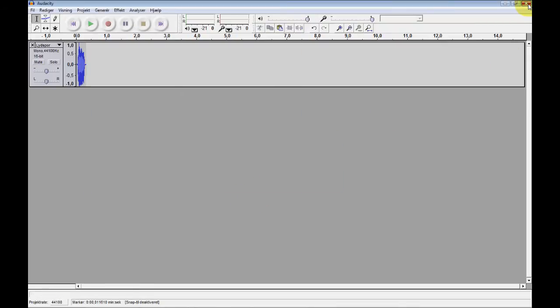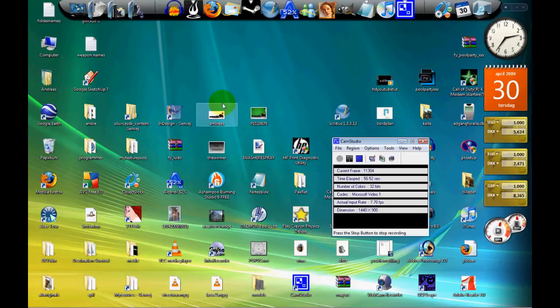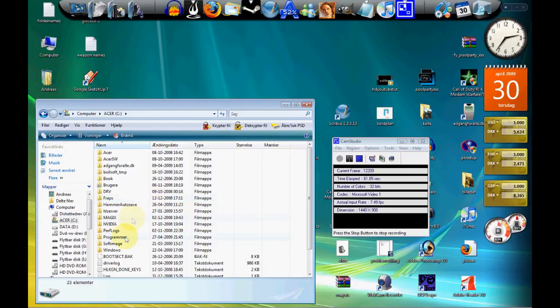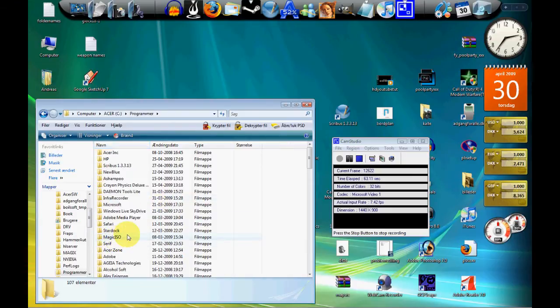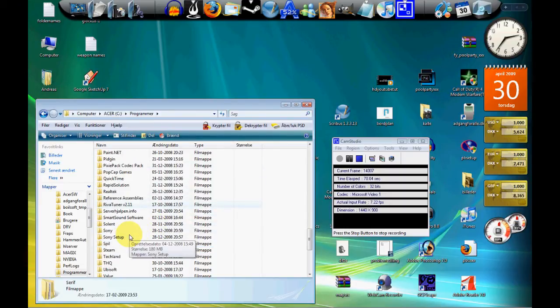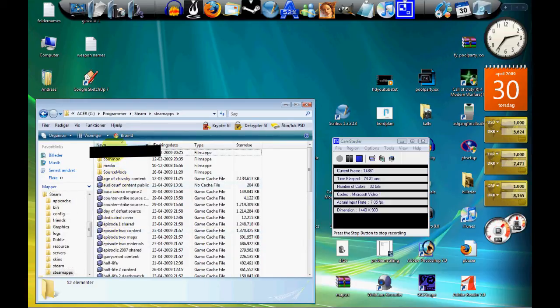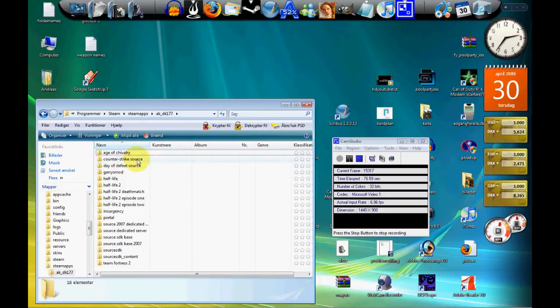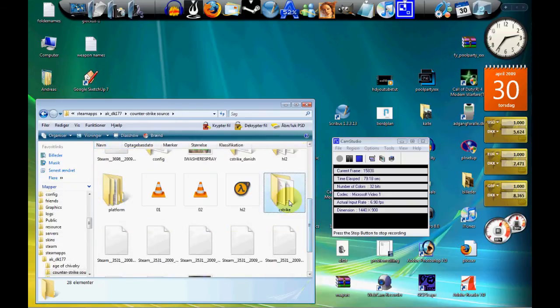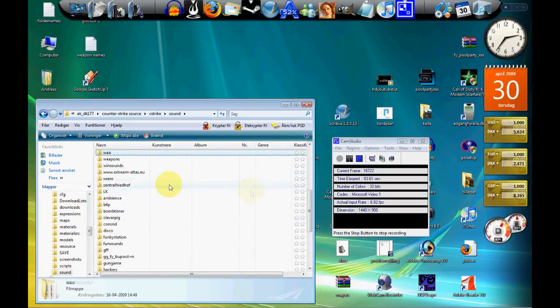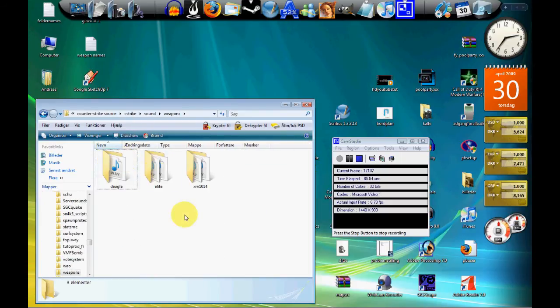Okay, then you quit Audacity and go into the computer, your C drive or wherever, program files, go down until you find Steam, go to Steam apps, your username, Counter-Strike Sword, scroll down, C-Strike, scroll down, sounds, go to weapons, and here